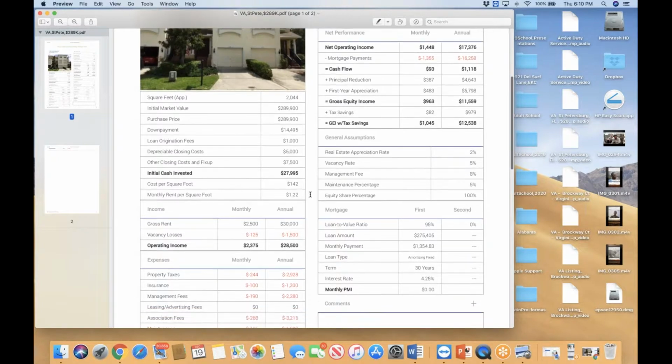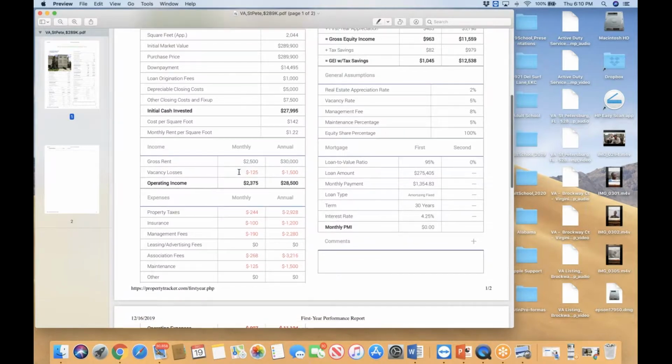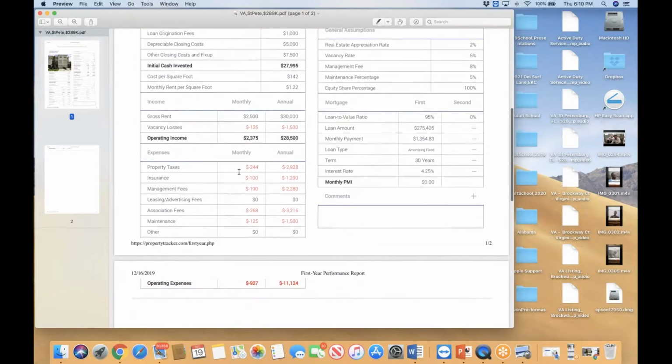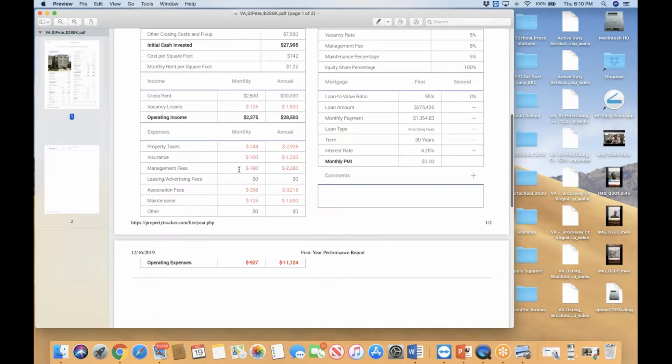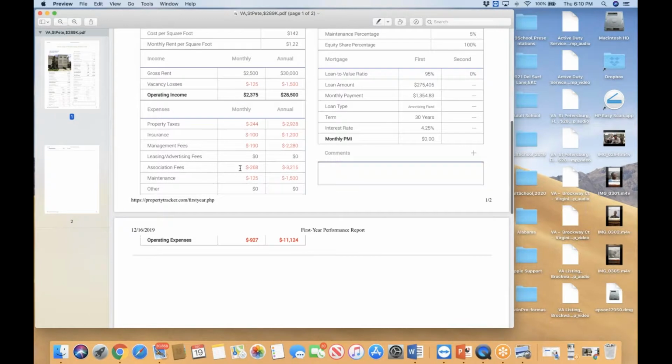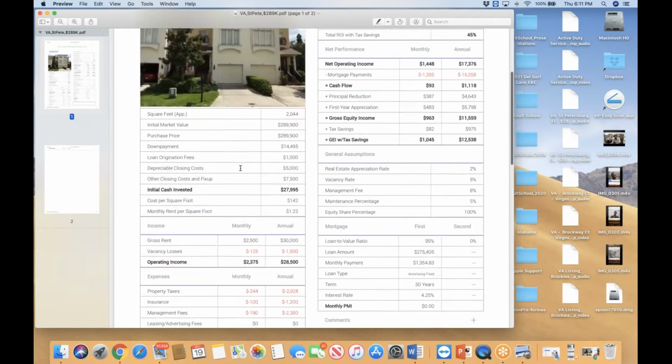It's all estimation, right? So at the rent of 2,500 and the 5% vacancy factor, and the taxes, like I said, are relatively low in relationship to the purchase price. Insurance is pretty decent, 10% property management fee, and 268 monthly HOA homeowner association dues you have to pay as an owner, and a 5% maintenance factor as well. So if you look at the numbers,